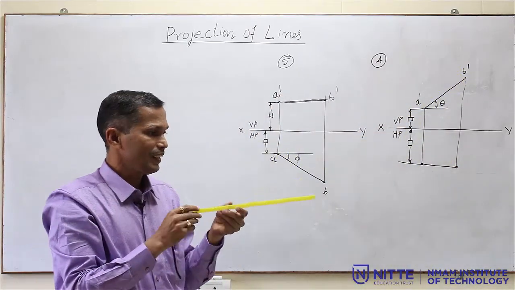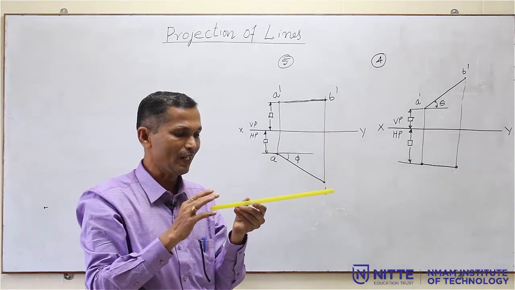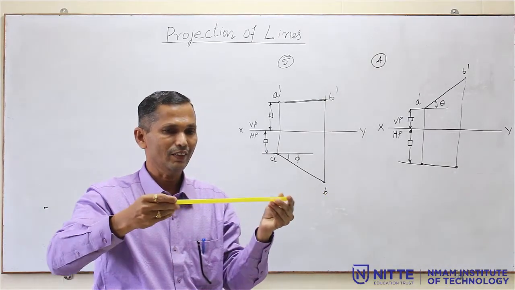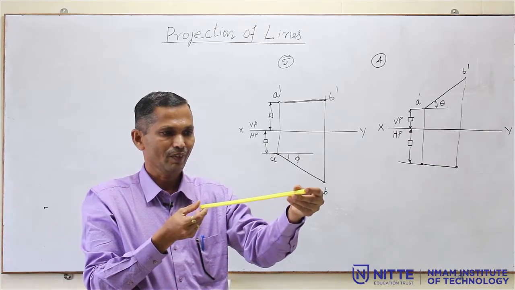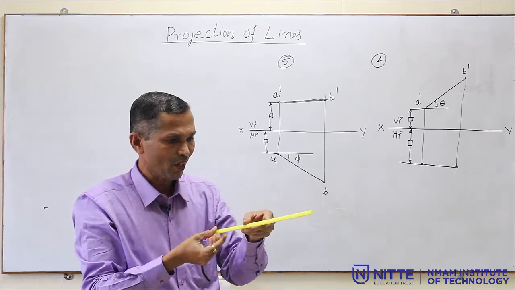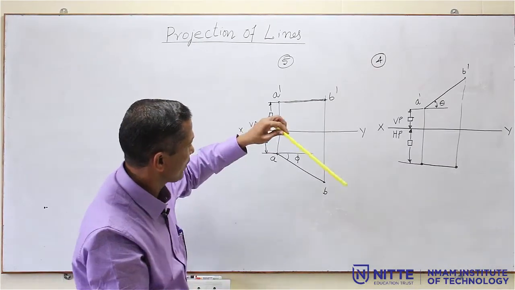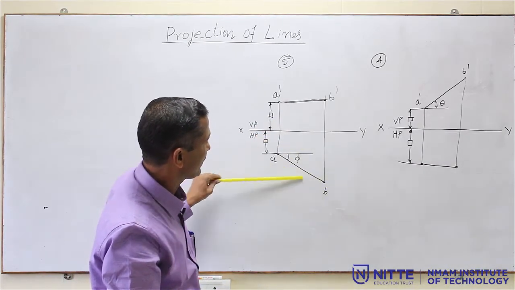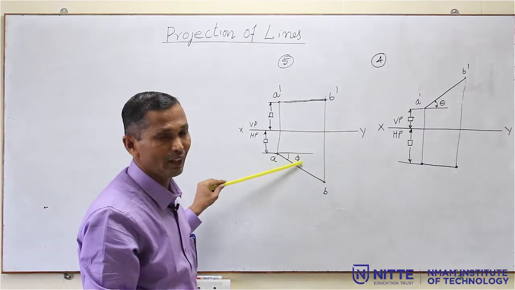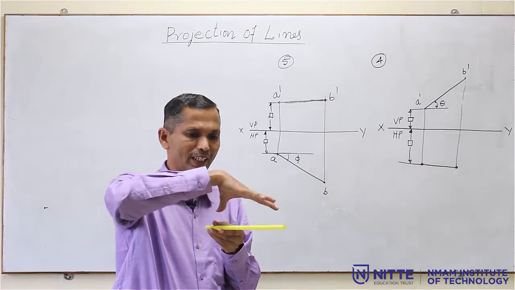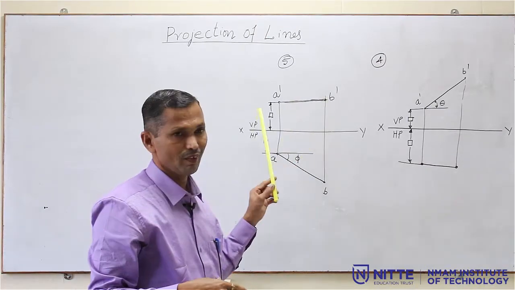Then what is this condition? The condition is parallel to HP and inclined to VP. I can incline like this or incline like this. So, what is the top view now? Top view is the same line like this. If I move it down, it will be a line like this, 100 mm length, with this actual angle. Then what is the front view? Front view will be the projected length, the shorter one.